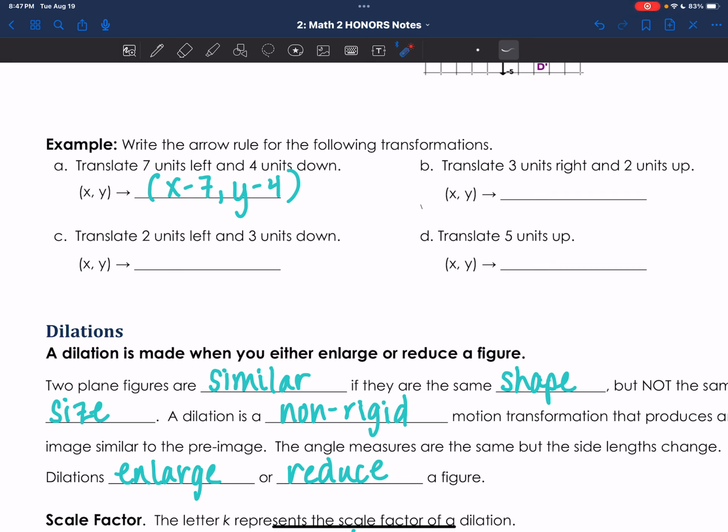So again, 7 units left, that's your x. There you go. And then 4 units down, so your x goes left or right, and your y goes up or down. All right, so you're going to go ahead, you're going to complete these, and then we'll talk